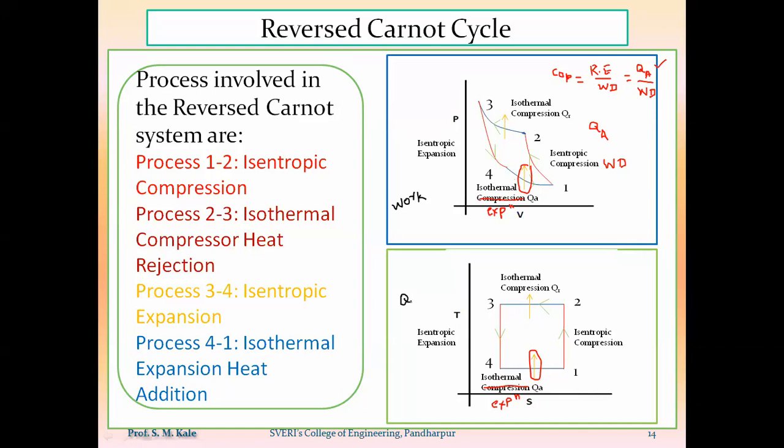If you want to calculate the value of heat supplied or heat rejected from the system, then always consider the area under the TS diagram. So the area under the PV diagram always gives the work supplied or work obtained, and the area under the TS diagram always gives the